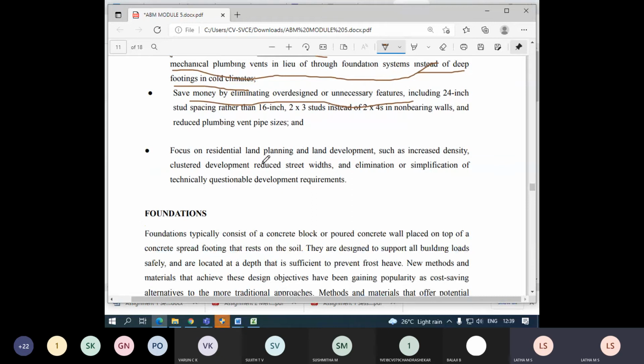Focus on residential land planning and land development, such as increased density, cluster development, reduced street widths, and simplification of technical requirements. All this has to be taken care of. Residential land planning has to be done, because without that planning it is very difficult. Why? I'll tell you, students, residential planning is very important, because when we think of a residential area, we have to